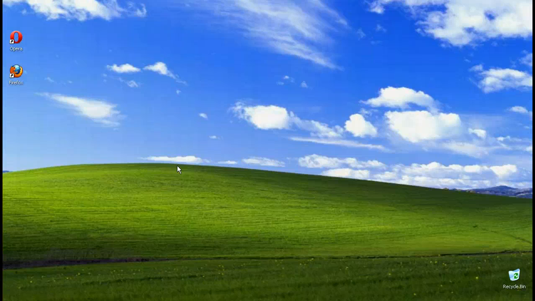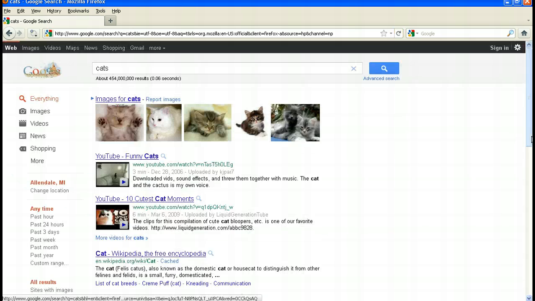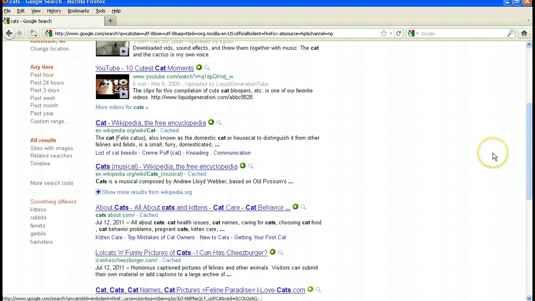So, I like to use Firefox as my browser, so I'm going to double click on that. And you've heard of Google for sure. This is a web page right here, and where the cursor is blinking, I can search for anything I want, and that's the term Google. You Google something. Let's just search for cats. Okay, you can either hit return or click the search button, and you got a whole page listing